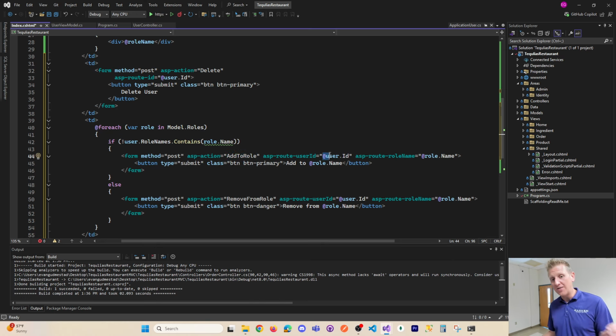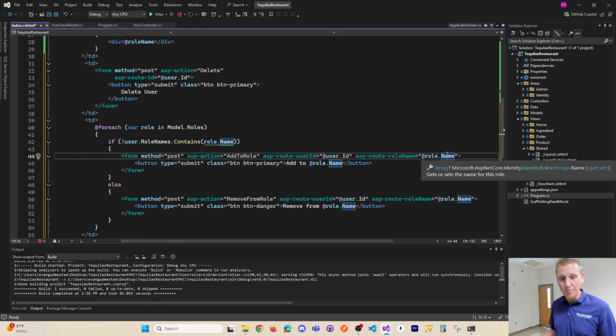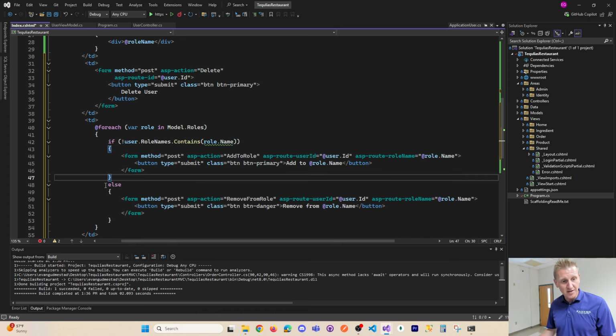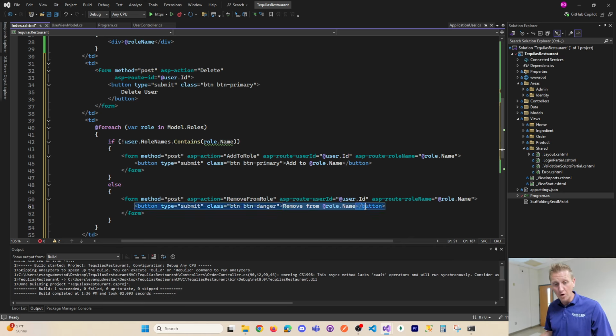In order for that, we need the user ID and we need the role name. So we need to send these two pieces of information to the controller. So the user ID will be sent to the controller and the name will be sent to the controller. And then a button that says add to that role name. If the user is not in it, of course, the opposite is true in the else block. That means we need to remove the role from the user. And so you can also see there's a button danger for a red button if you're going to remove the role,